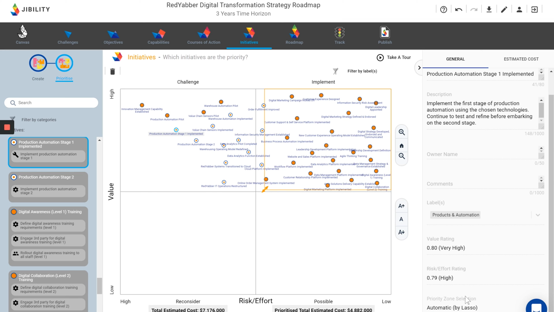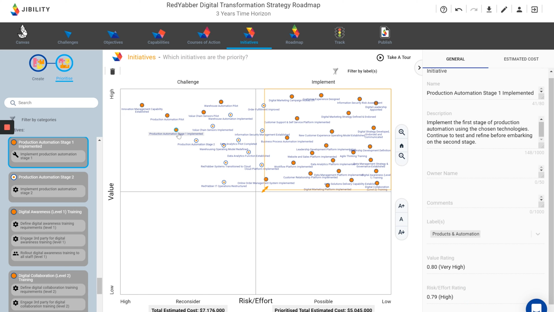And what you can do in Jibility is select the properties for that selected initiative, and look at the bottom here, you've got this priority zone selection. The default for these initiatives is automatic selection as priority based on the lasso. You can also include them manually by saying include, and you see visually that it's now selected. And you'll also see the total cost is now bumped up to